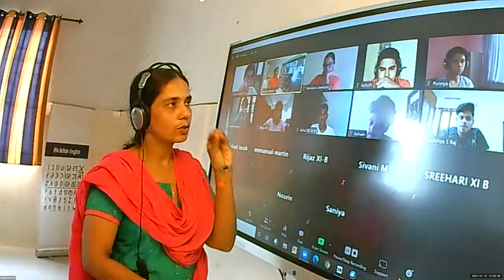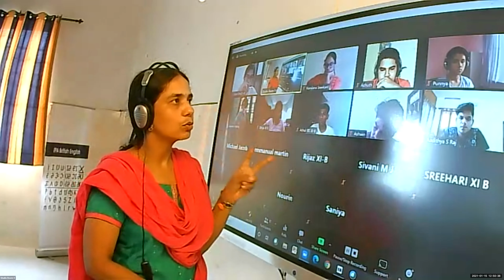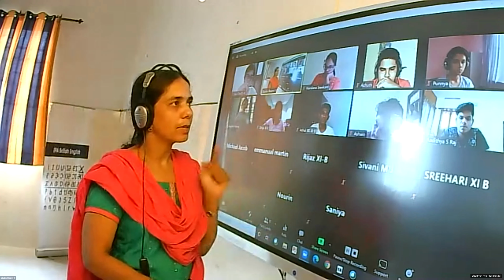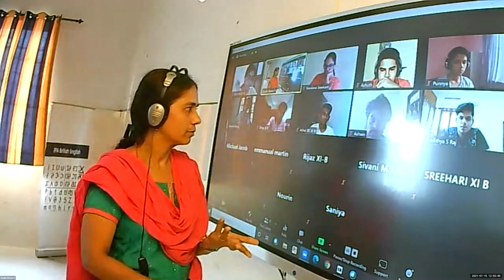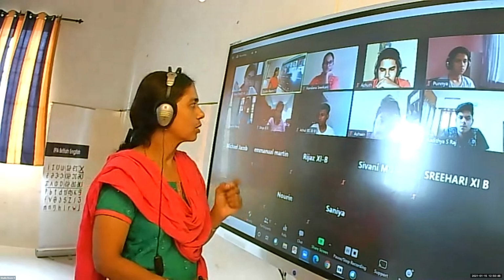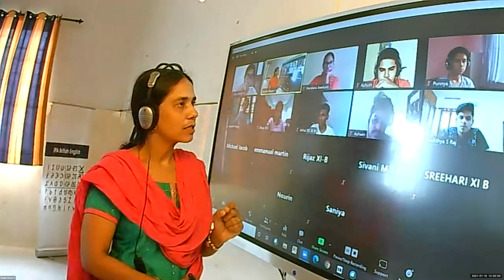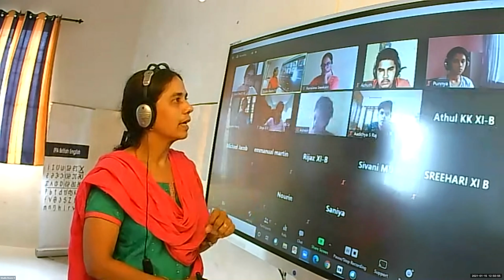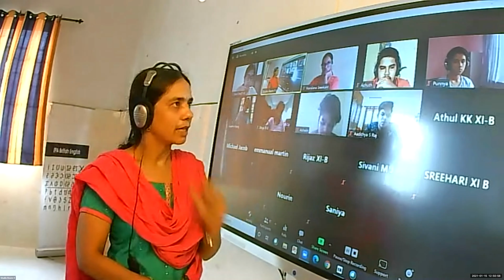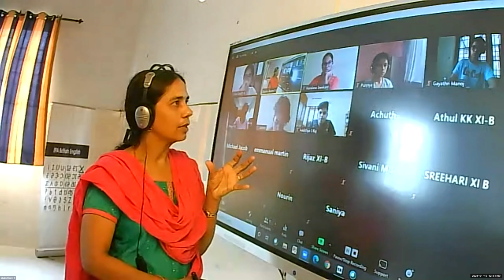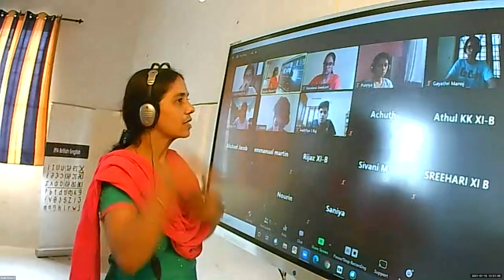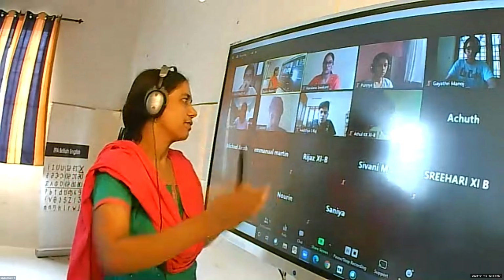To convert a complex number into polar form, we need two things, R and theta. R we call the modulus, and it is given by root of a square plus b square. Theta we call the argument, and it is given by tan theta is equal to b by a. So we want to find theta, but finding it this way is difficult. That's why we convert into sine and cos and look at them. This is the easy way.